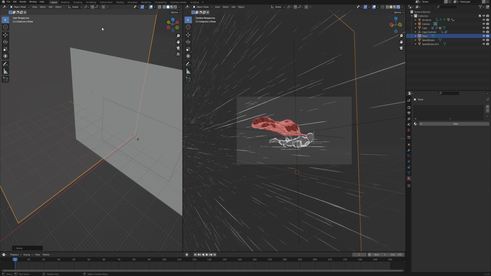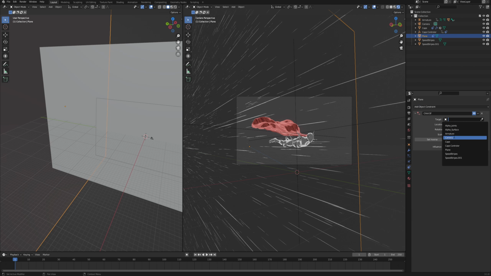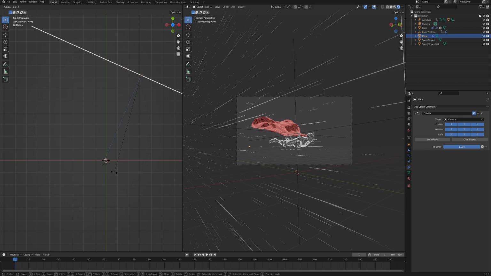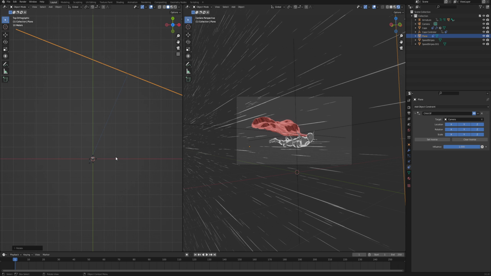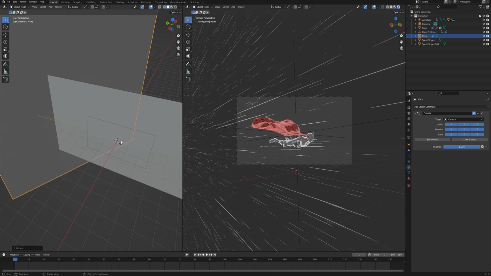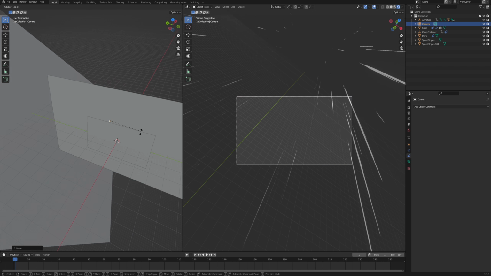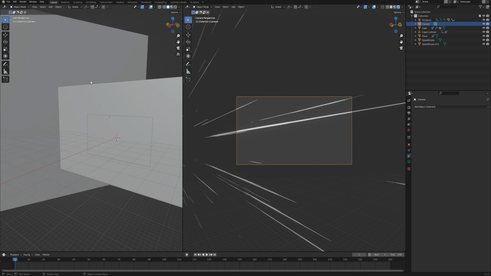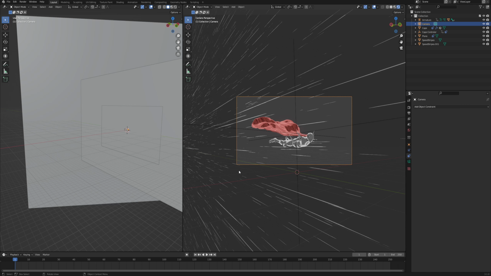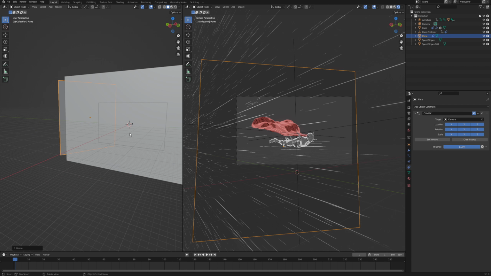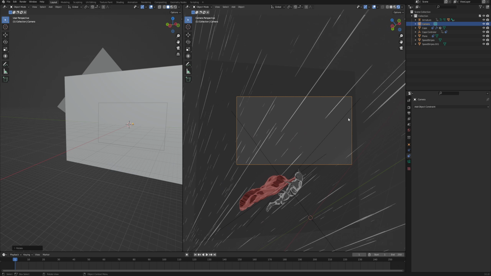So with the background plane selected, go into the object constraints, child of, and this time the target is the camera. Now we can go into the top view and make sure that the rotation is perpendicular or something close to our camera. And then as we move our camera around the scene and even rotate it, you can be sure that this plane is gonna follow through, and make sure that there are no empty transparent spaces anywhere in your frame. You don't also have to make it so gargantuan, you can even make it like so. Always make sure that it's covering all the space.